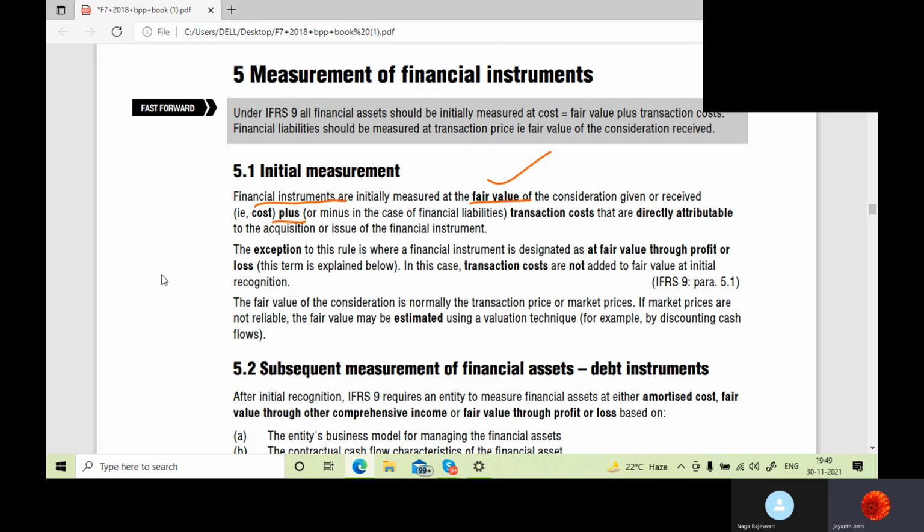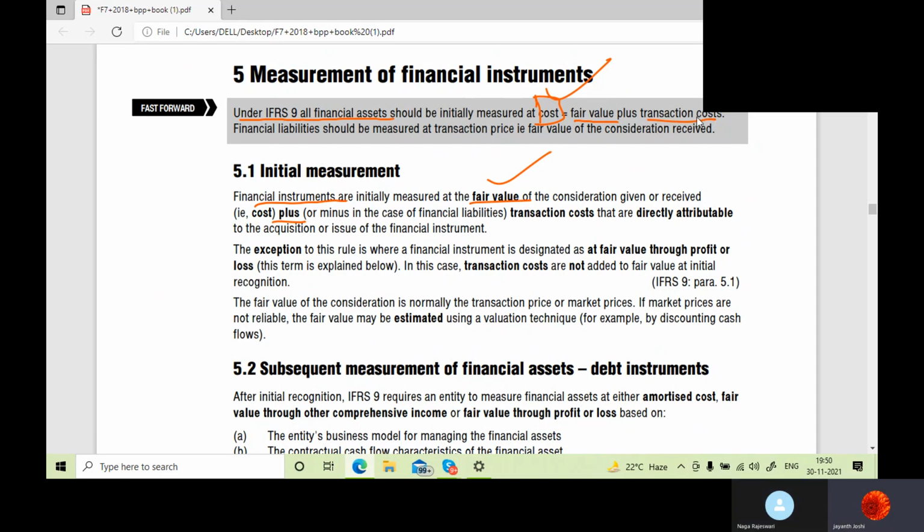Under IFRS 9, all financial assets should be initially measured at cost. What is that cost? Fair value. That means the price at which you can sell your asset in the market. That is nothing but fair value,